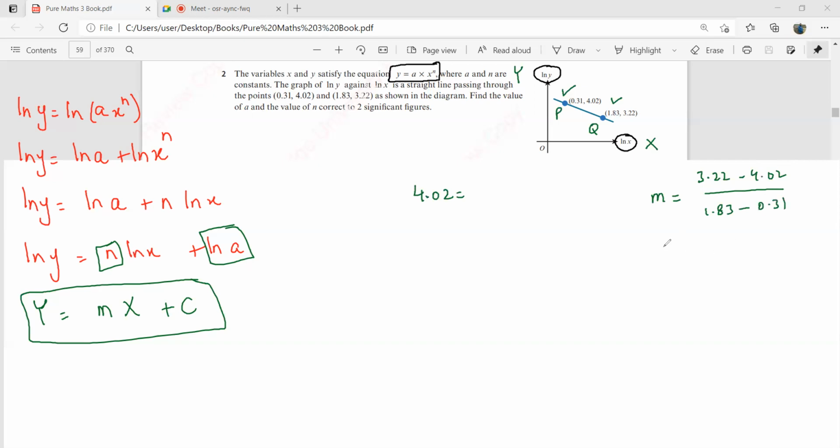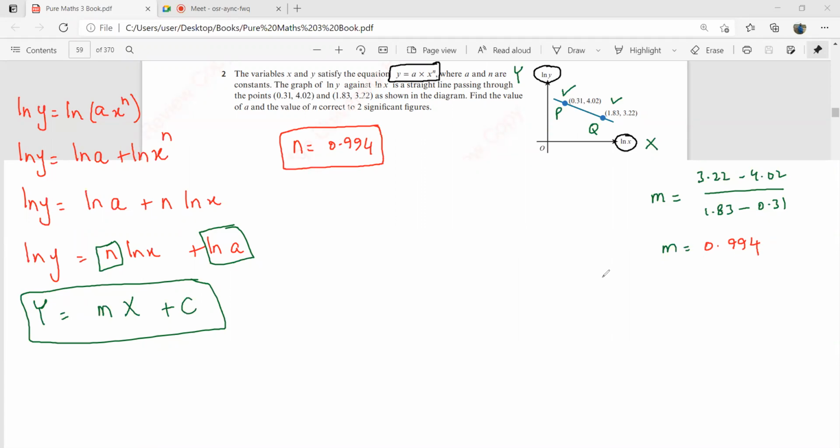Tell me quickly, what is this m? Hurry up. 0.994. One minute. So this is 0.9914. You're saying that only 4. Okay. So you should write this correct to 6 decimal places, and when you are going to give the value of n, we can say that n is going to be 0.994. But if you still have to use this value for finding another unknown, then you should be using this as accurate as possible.